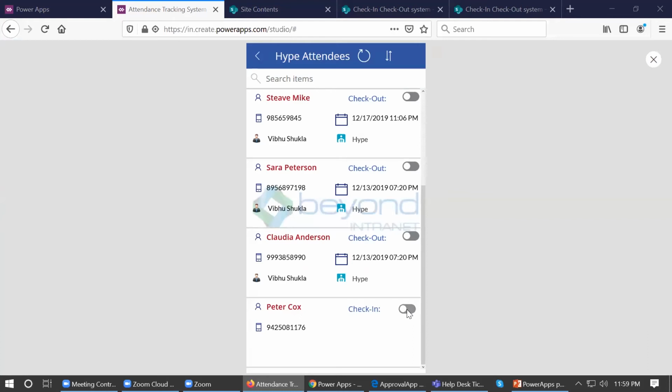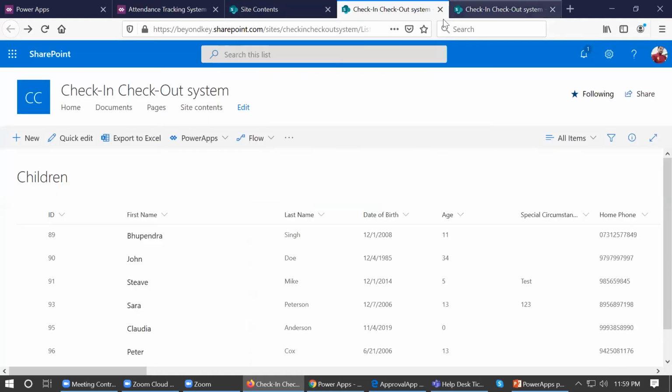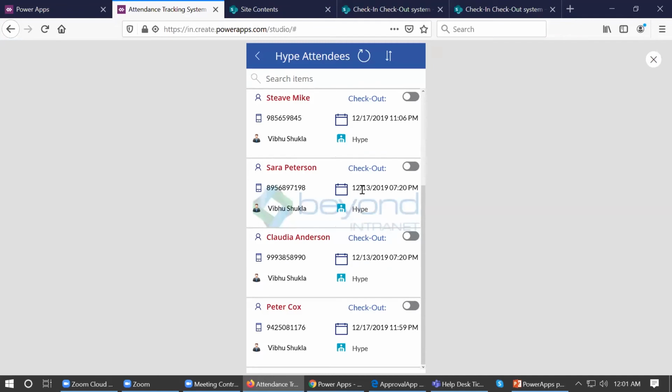And let me showcase by checking in. So here you can see that I have checked in Peter Cox, and the entry is there in the SharePoint list.